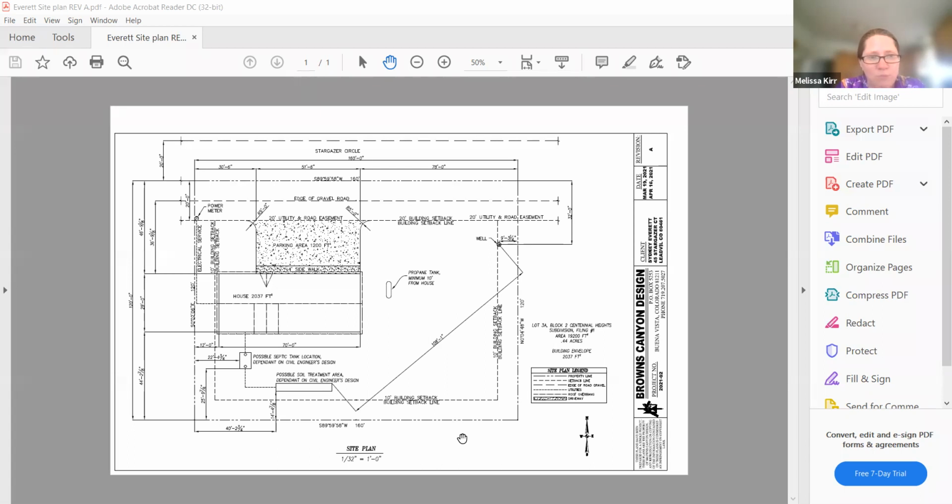So I'm sure as more variances come to you, there'll be more questions about the distance between wells and septics especially. So just to share that with you all as other people decide to build on these lots. But yeah, I support what Sydney's doing, and that's all. Thanks, Melissa. We appreciate it. I do not see at this point any other members of the public with us today. And so at this point, I will close the public hearing at 5:19 p.m.